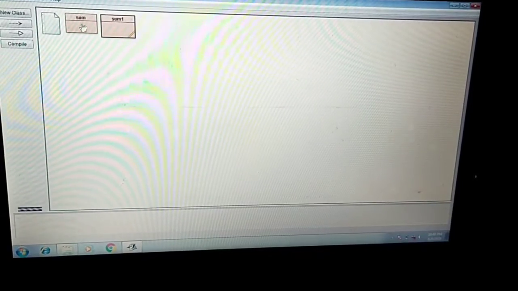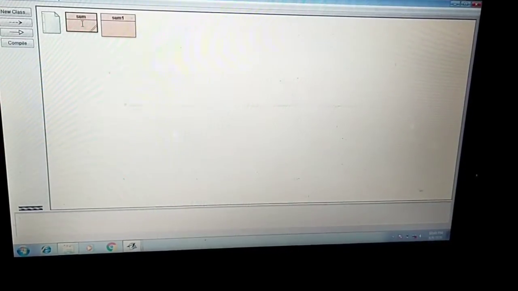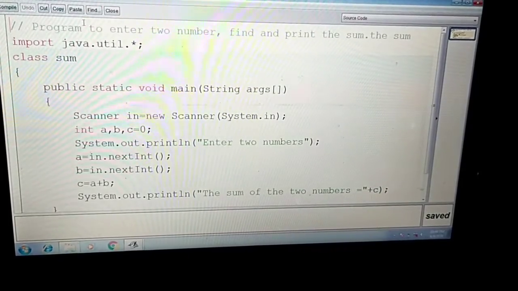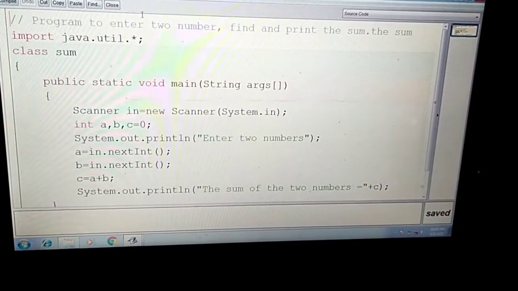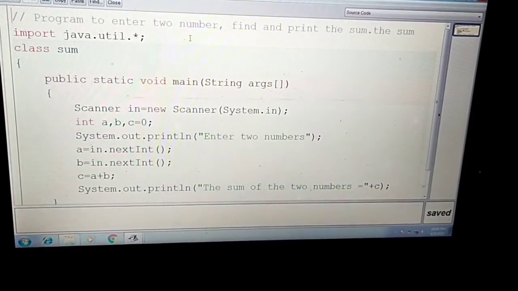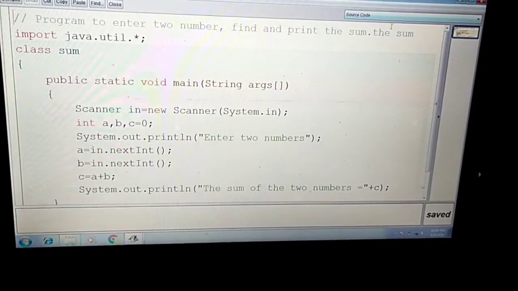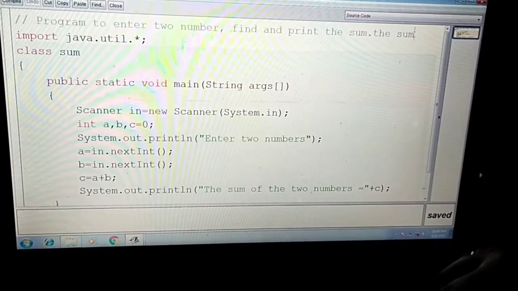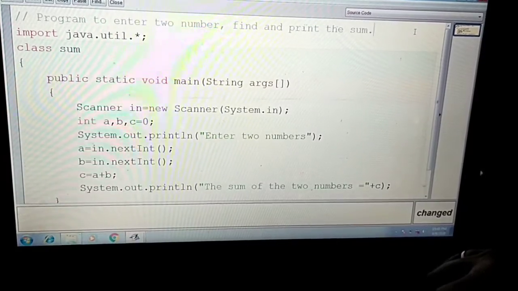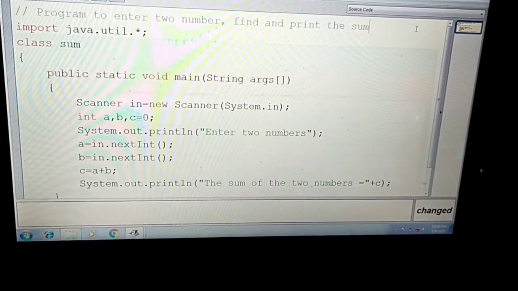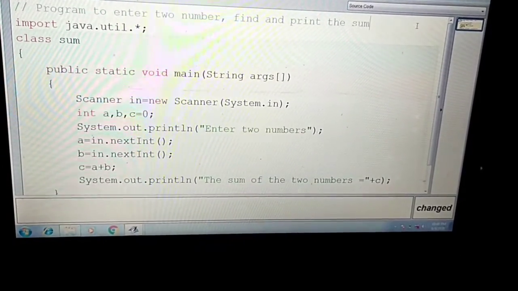Now I am going to run the second BlueJ Java program, which is a little bit longer than this program. Program to enter two numbers, find and print the sum. Now see, this program started with import java.util. Today I am not going to explain anything over here.